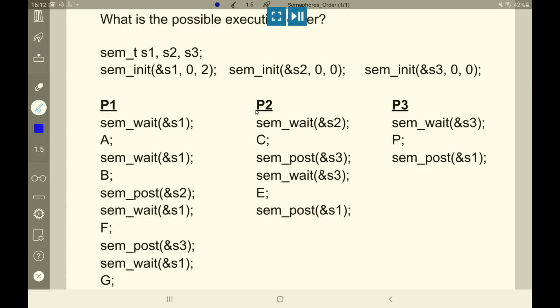In any case, the scheduler can decide to start with, for instance, thread 3, but as you can see, if thread 3 is scheduled, the first instruction is this sem_wait on semaphore 3, but since semaphore 3 is equal to 0, this thread is blocked here. And the same for thread 2. So the only thread that can proceed is thread 1